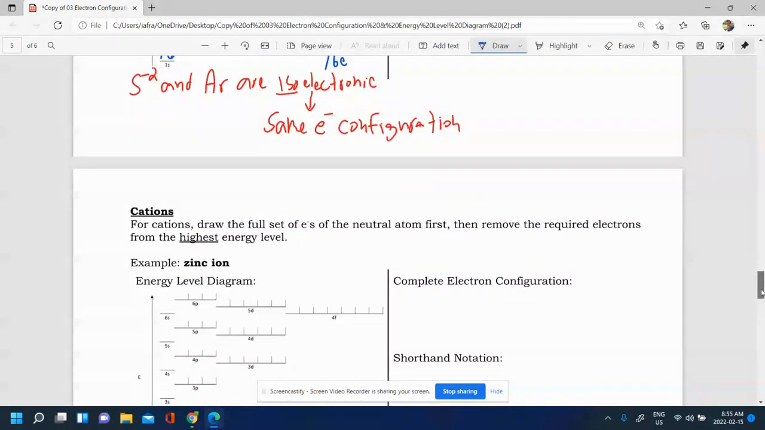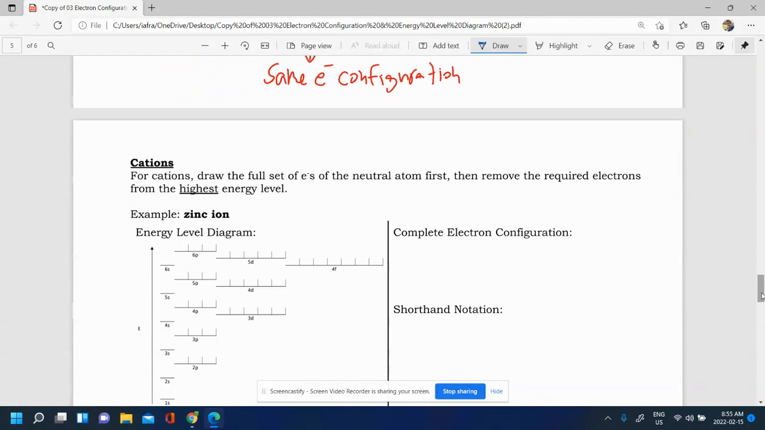So let's go and take a look at how to make cations now. For cations, you're generally going to see that happen when you have metals for the most part. And what you're doing is you're removing the outermost electrons so that you can have a full shell somewhere. So for cations, draw the full set of electrons of the neutral atom first, then remove the required electrons from